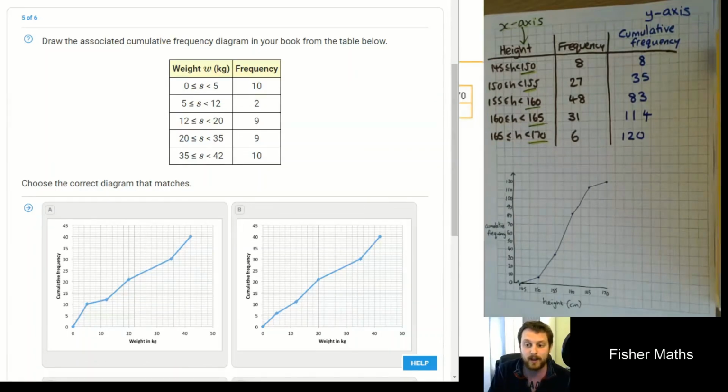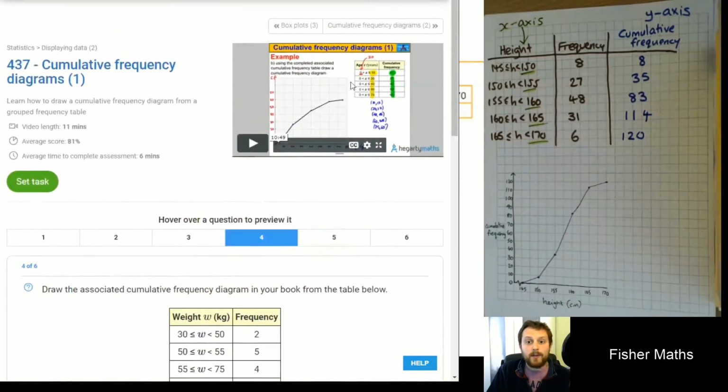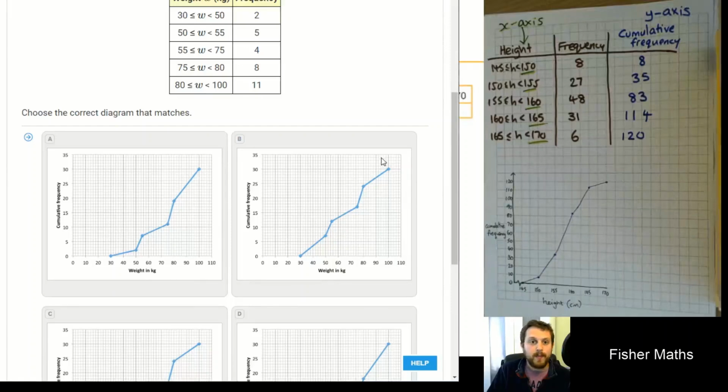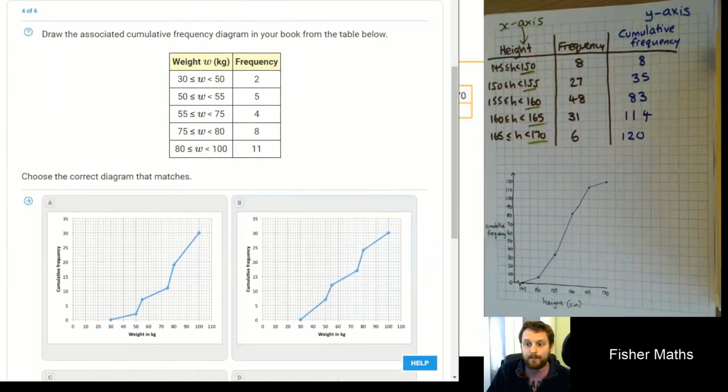Now, I'm not going to say anything in this video, because it's already extremely long, about the second cumulative frequency task. I'll leave that to a little bit later in the week, give you a chance to do the other tasks before you tackle that one. But this is what you'll find in, I believe it's task 437. Yeah, that's right. So task 437. So you are given one of those grouped continuous data tables. So this time it's something in kilograms. So from 30 to 50 there were 2 of them, 50 to 55 there were 5 of them, etc, etc,